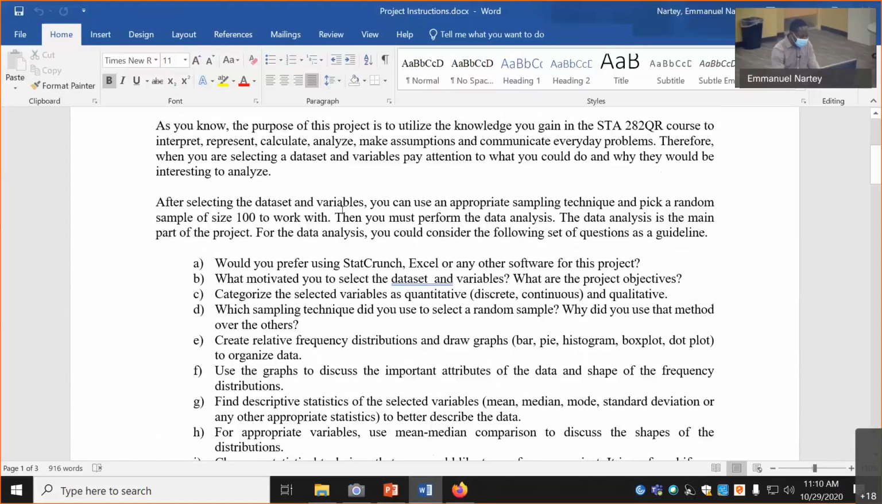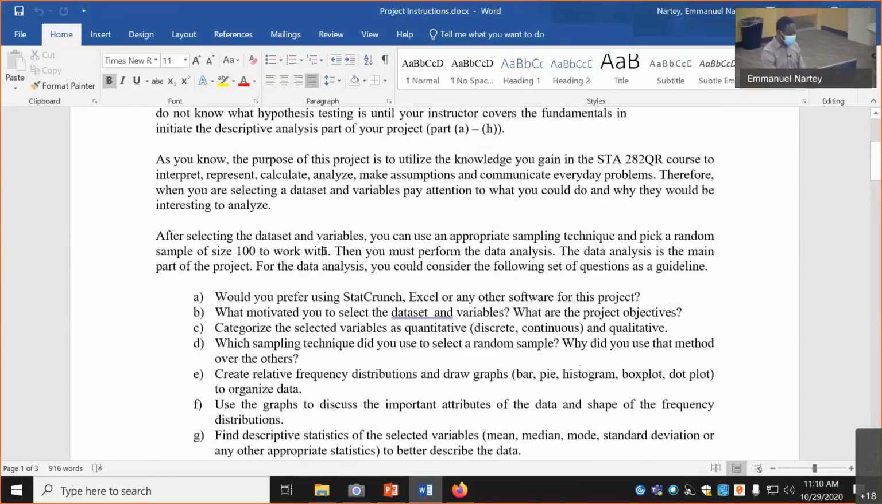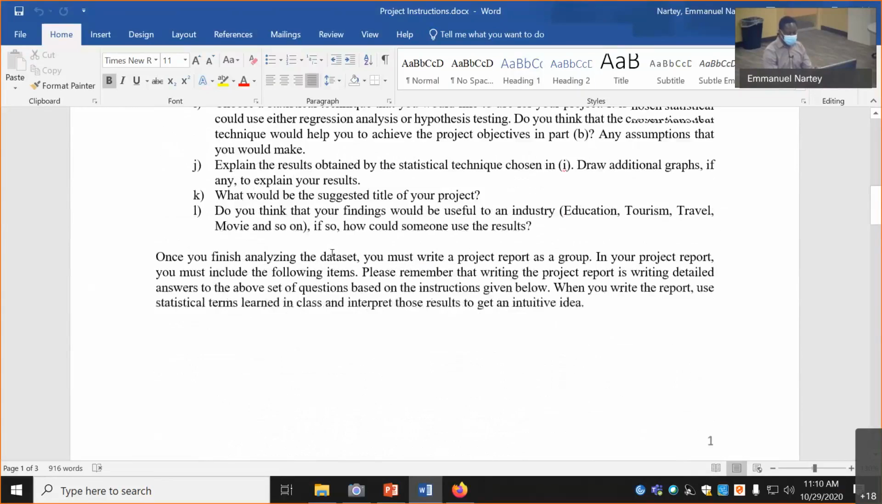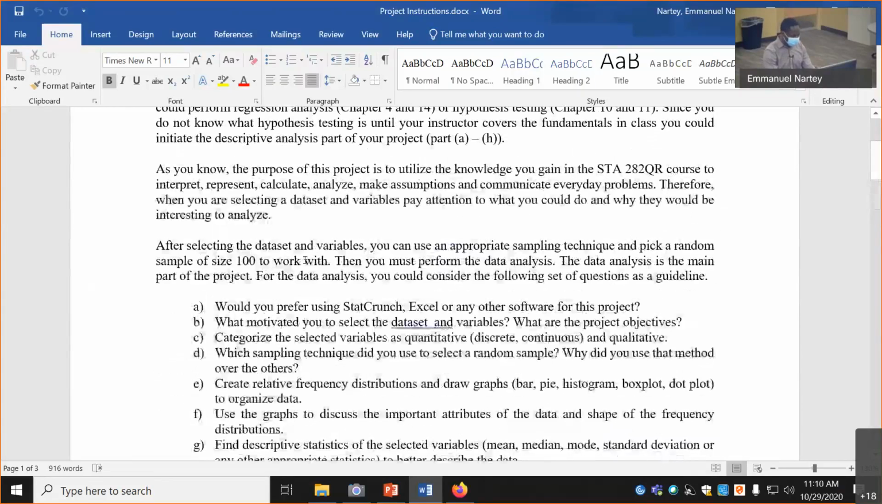So after selecting the data set and variables, you can use an appropriate sampling technique and pick a random sample of size 100 to work with. Then you must perform the data analysis. The data analysis is the main part of the project. And for the data analysis, you will consider these questions, go through the questions, and that will help you even to write up your report. So for this part, that is selecting a sample of size